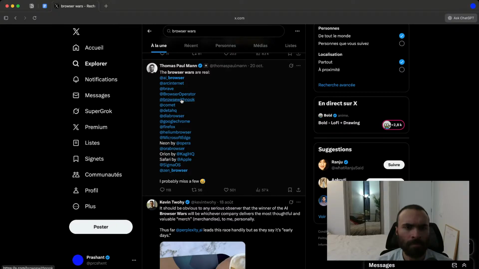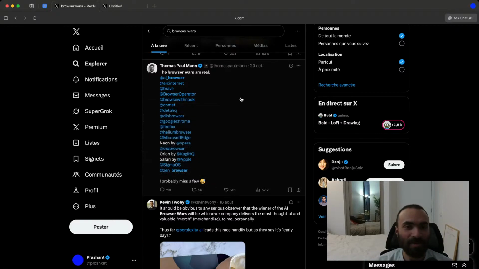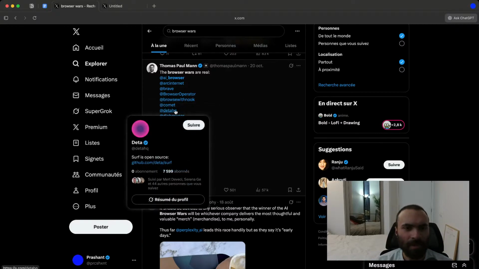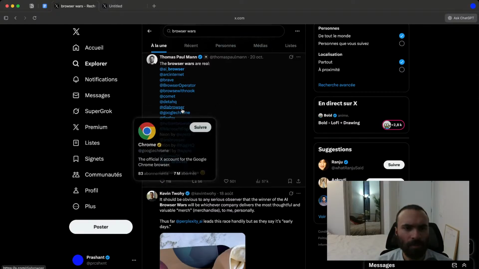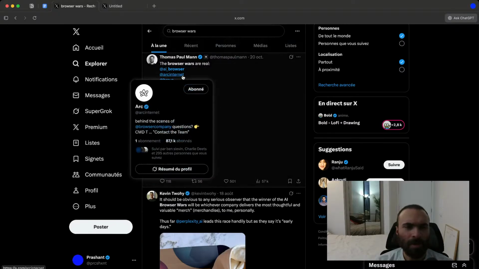Whoa. Nuke browser. There's one owned by Atlassian. A browser inspired by that one owned by Atlassian. Okay, interesting. Comet. Data HQ. Surface open source. Google Chrome, obviously. Dia. Okay. Arc Internet had 87.